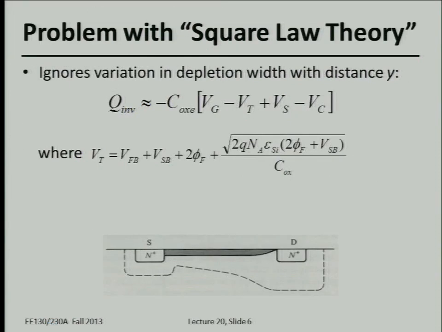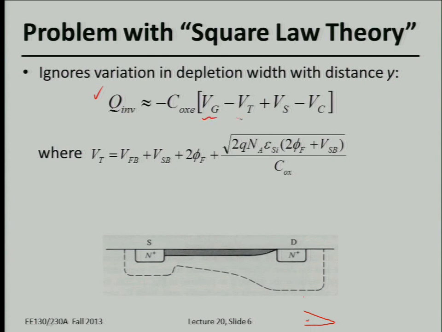Okay. So right now, I'd like to examine what the deficiencies of those assumptions are, because somehow we just think the depletion charge is uniform along the channel. As we can see here, this is our expression. Once we assume the depletion charge is uniform, the charge induced on the gate also has to be uniform, right? As a consequence, under this assumption, the derived inversion charge concentration also has to be uniform along the channel,